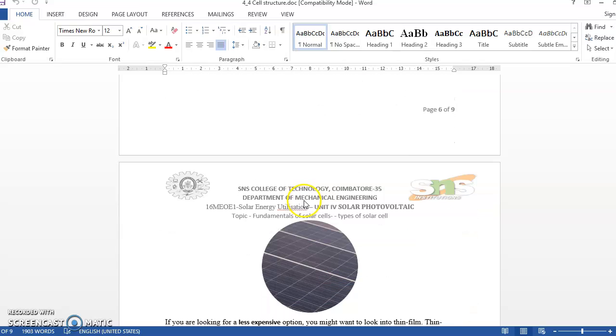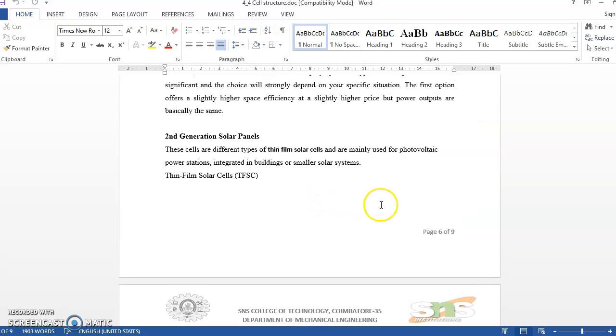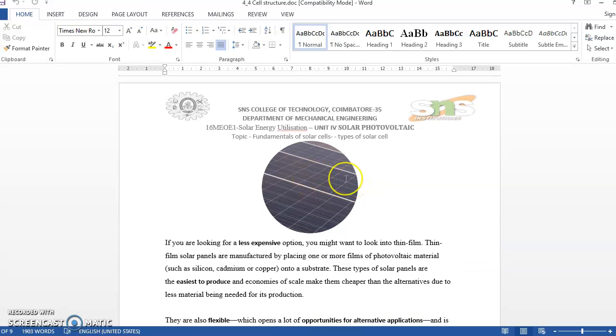And recalling the second generation, which we are using in urban stage, is very cheap compared to the previous one, and is the latest technology also. The next one is the thin film solar cell, TFSC. So if you're looking for a less expensive, cheaper solar cell,